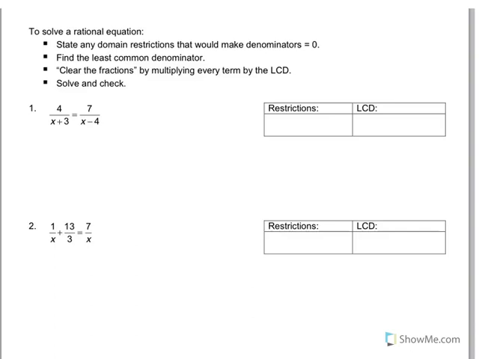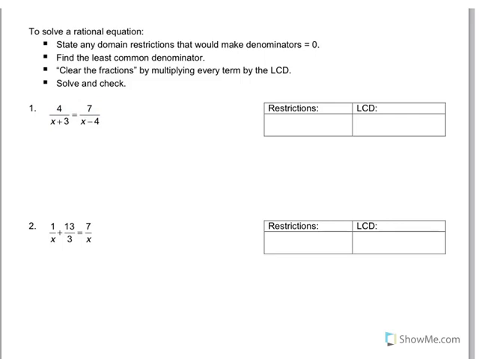To solve rational equations, you could do two things. One, when you have two fractions like on number 1, we could cross multiply: do the 4 times the x minus 4, and then the x plus 3 times the 7. Now, this method works, but what I'm going to suggest doing is, first, find a